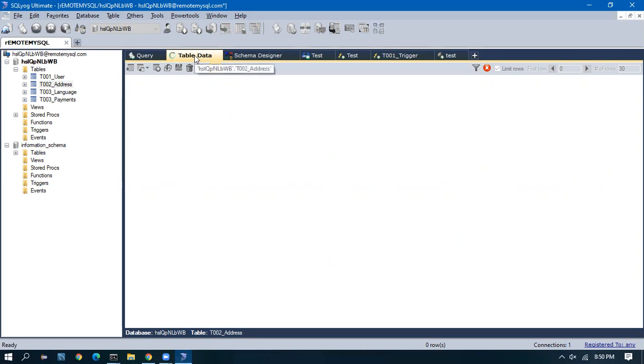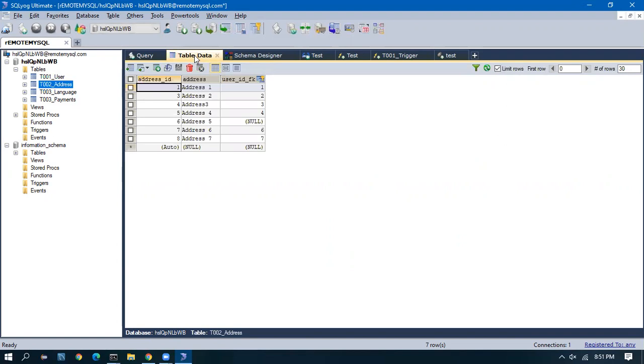Let me open this. So if you see here, the address one is for user one, we have only one address. I can add. Yesterday maybe I deleted the record.